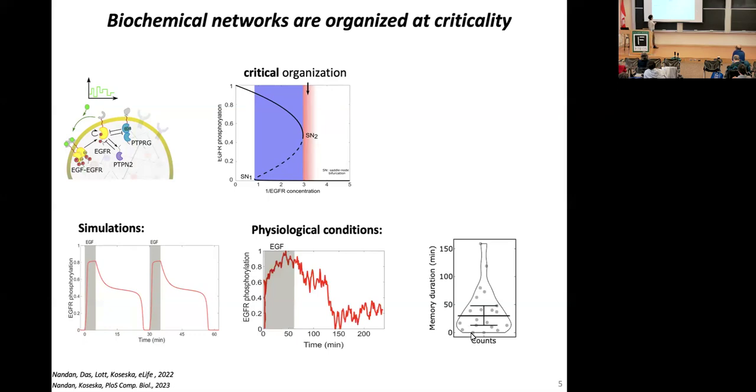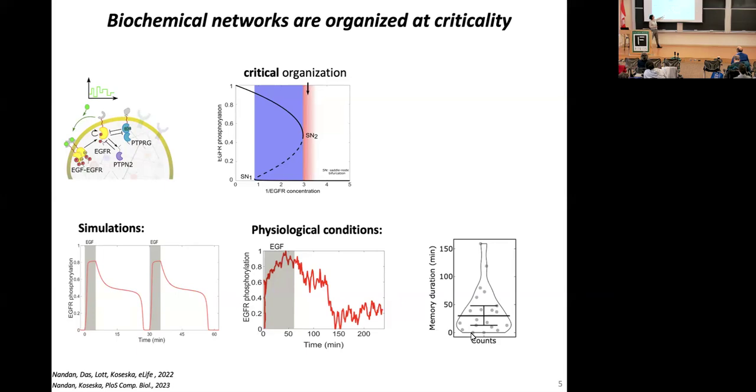So when we measured the activity of the protein in single cells, this is just an example from a single cell. When you give a growth factor pulse, the protein activates. When you remove the pulse, the protein stays active for a transient period of time, and then it resets. And this memory is actually on the order of 40 to 50 minutes on average. So if you think about the underlying phosphorylation, dephosphorylation process, this is sub-minute. And this memory is on the order of an hour or longer, which means that the system gains an additional long time scale in which it can keep the information that it has seen